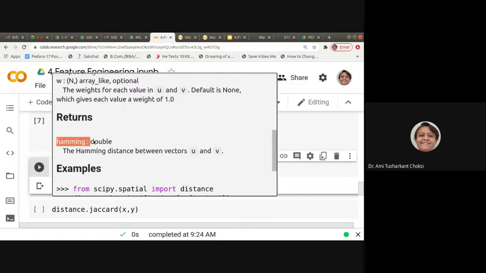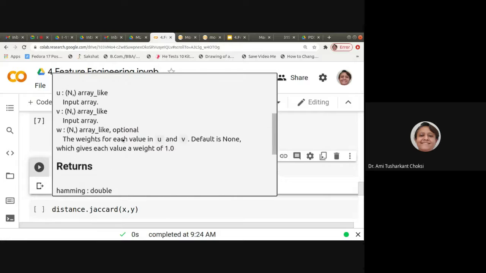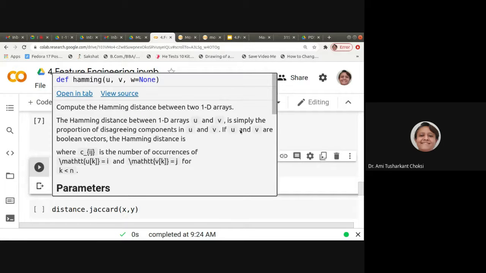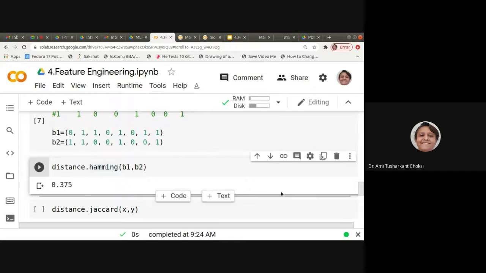Here it is having the double. It doesn't consider it as binary. So what is the case?